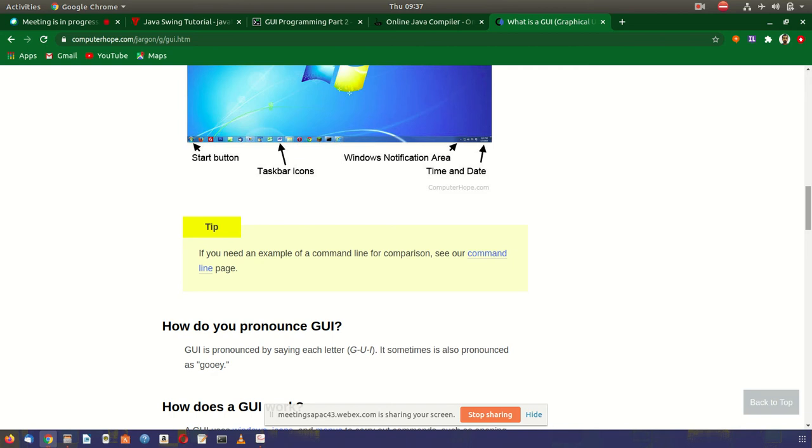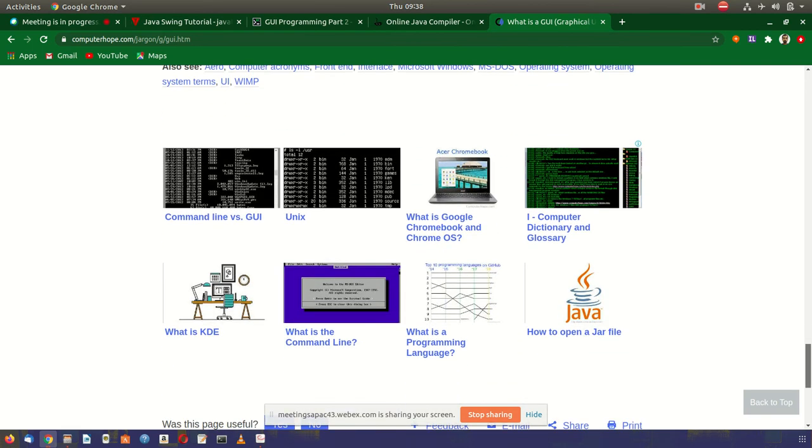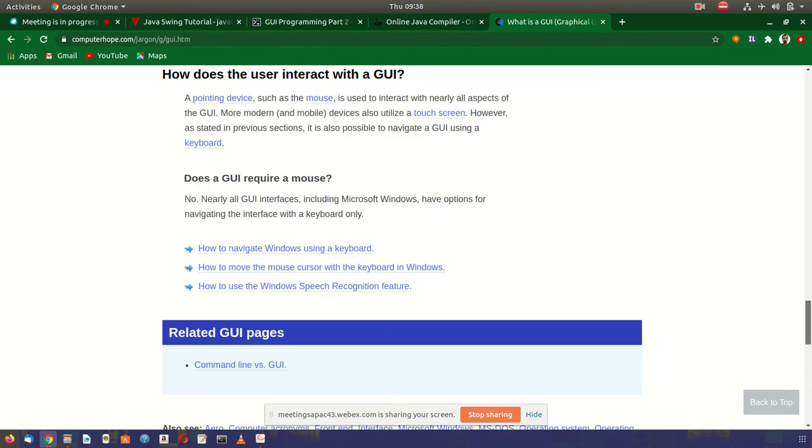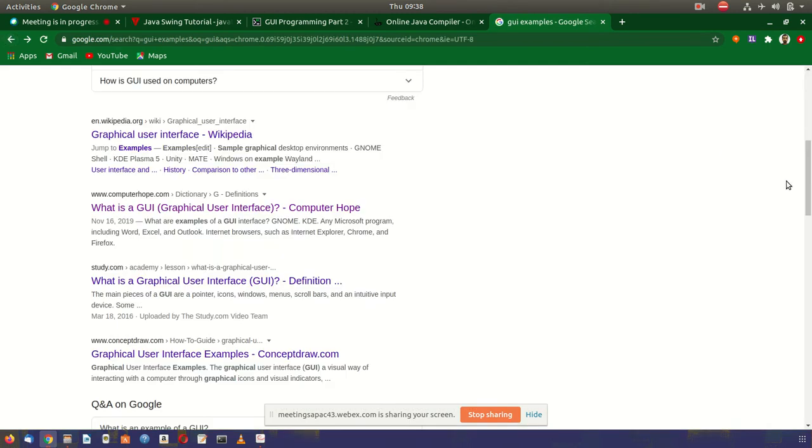But when we say operating system is an interface between user and the hardware, that means it is like a communication medium between the user and the hardware. Similarly, graphical user interface, in short GUI, is a communication medium between the user and the system.